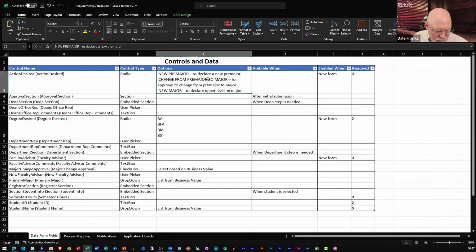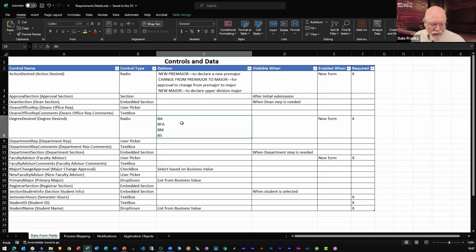But in this case, if we go back up to the very top to our action desired, it's an option control, and I want to specify the options. The options will be fixed. And so, by the way, if I know I'm going to have these fixed options, how am I going to provide them? Am I going to put them in a drop-down object? If so, I need to document that I'll need a drop-down object that contains these 4 options. That would be the best way of doing it. There are other ways, but the drop-down option is best. So now I know I have another object that I might need. I need that drop-down object there.